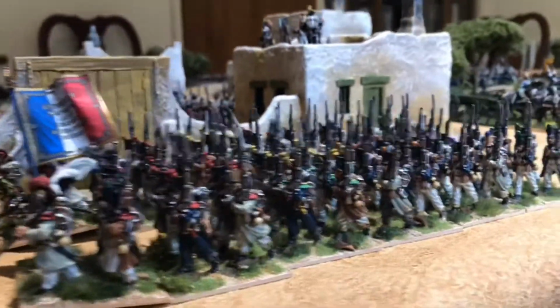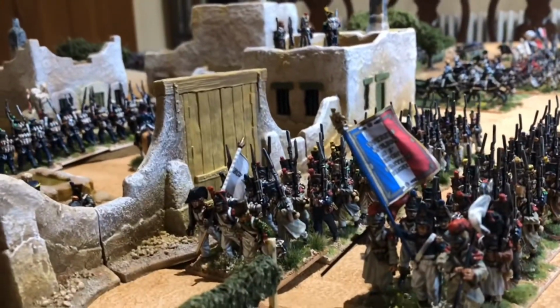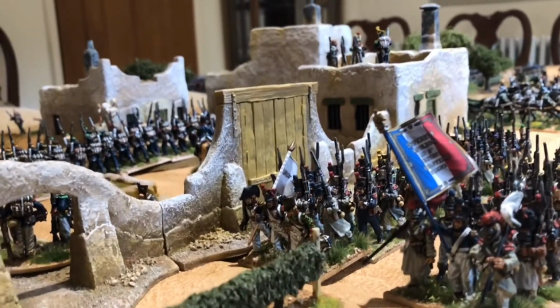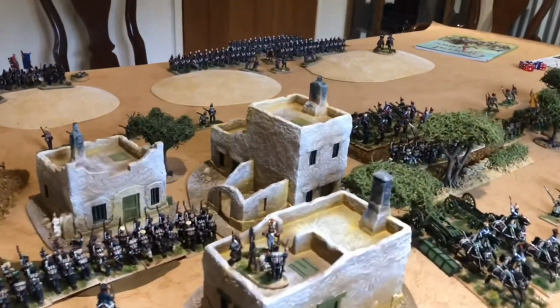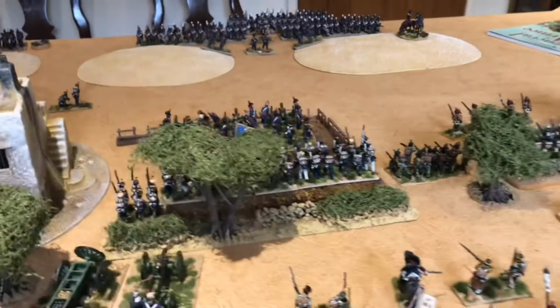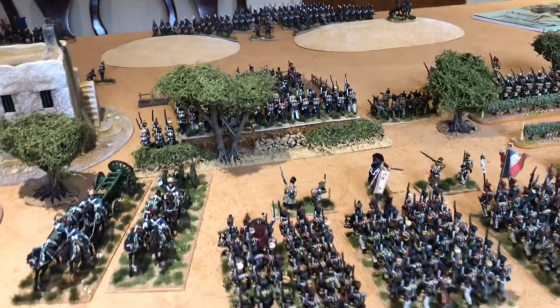Take a look at those. They've just turned to their flank to potentially move to the left-hand side of the village to reinforce against that British attack that's coming in there. As we move across, the French have a foot artillery battery on the edge of the village, a 2nd battery, a brigade